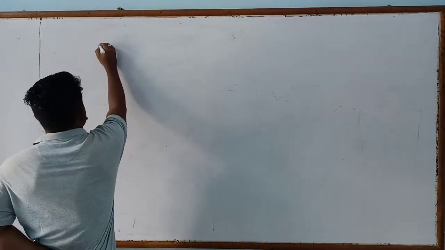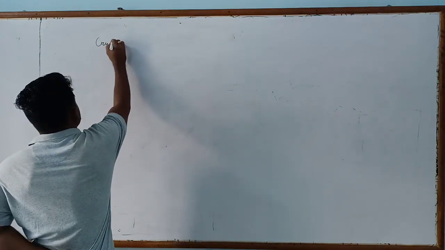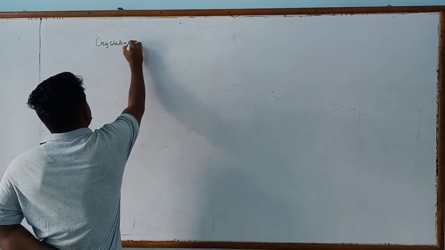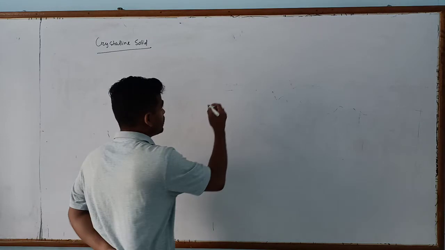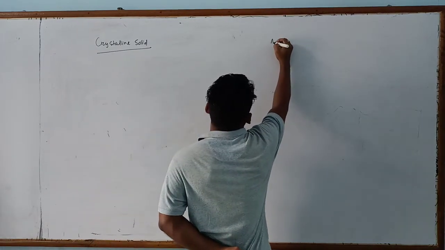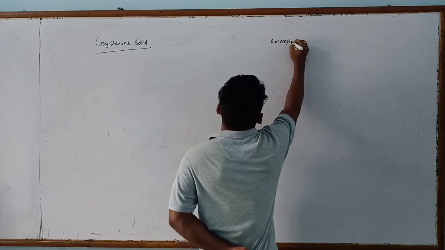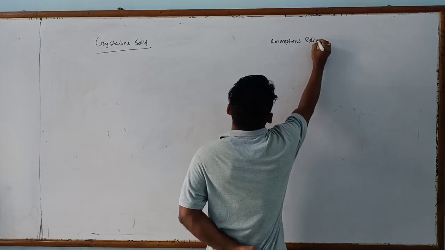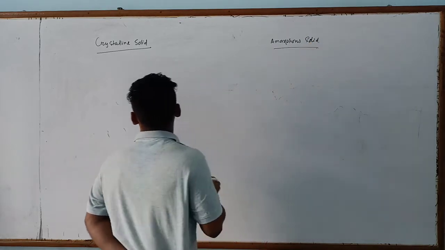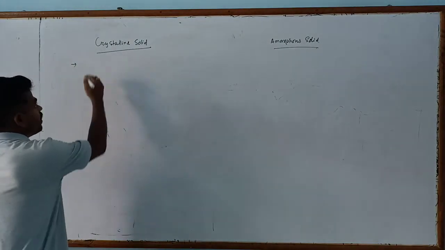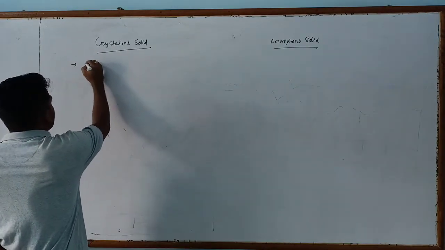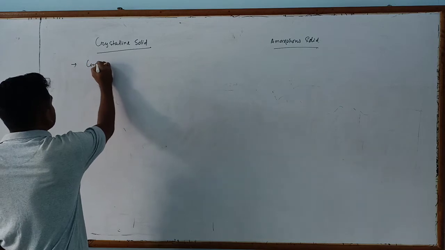First one, crystalline solid, and the next one, amorphous solid. First of all, a crystalline solid involves particles constituting